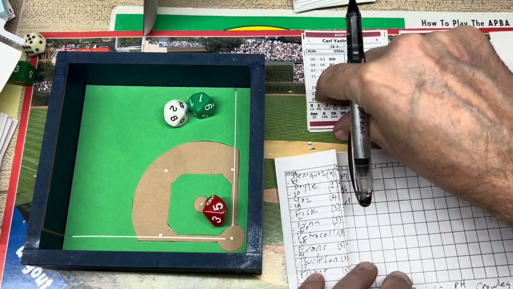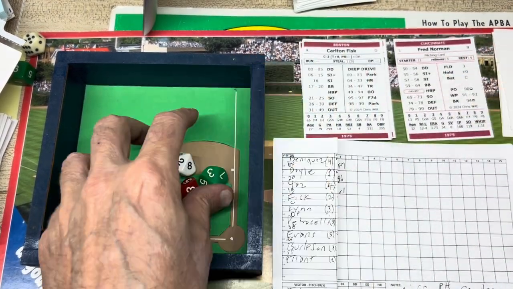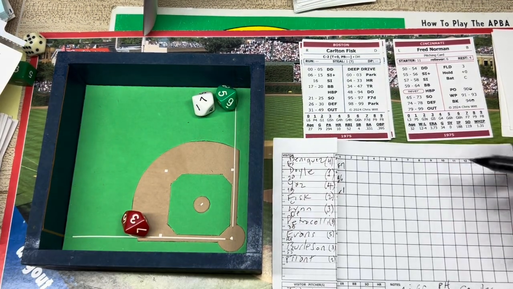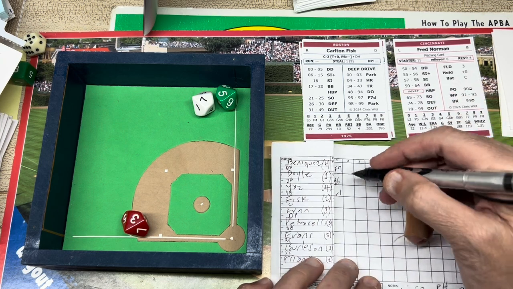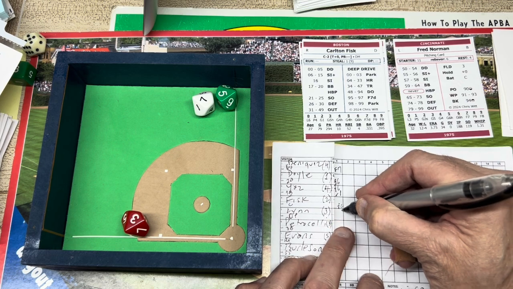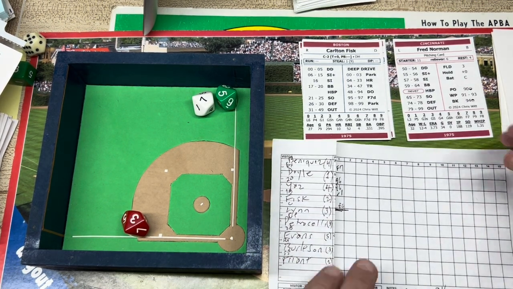But it's Carlton Fisk now. So 1 on, 2 outs. Norman gets the sign. He's ready to roll. And that's a 37, again off the batter. And a 5 is a hard hit ground ball, second base. He flips to the shortstop covering, and that ends the inning. So you're going to see how we're going to do this. All right, so